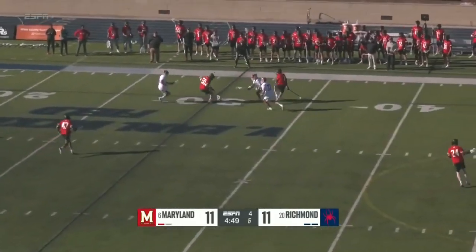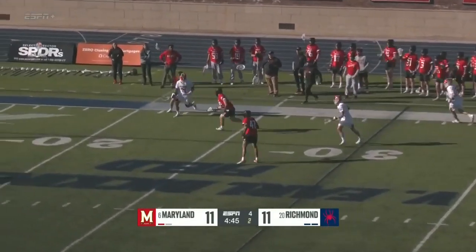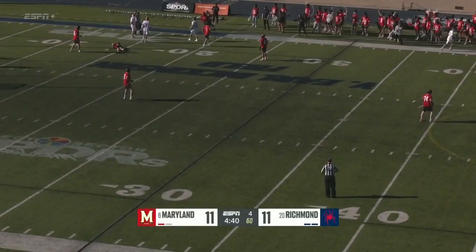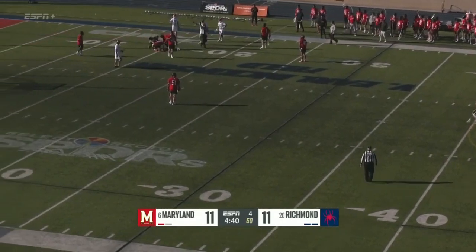7 seconds to shoot as they scramble for it. If Richmond can get possession, they've got to get something off quickly, and they're not going to be able to, as the shot clock is going to expire first. A lot of collision, bodies on the ground, and Maryland might have had a possession there, though, that